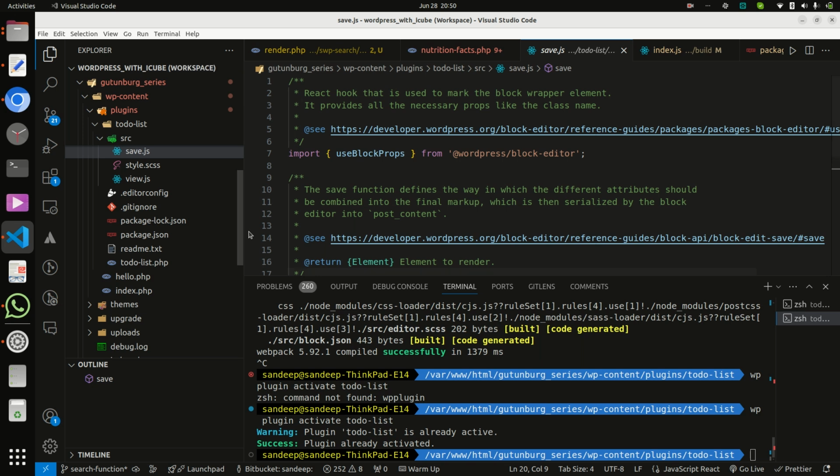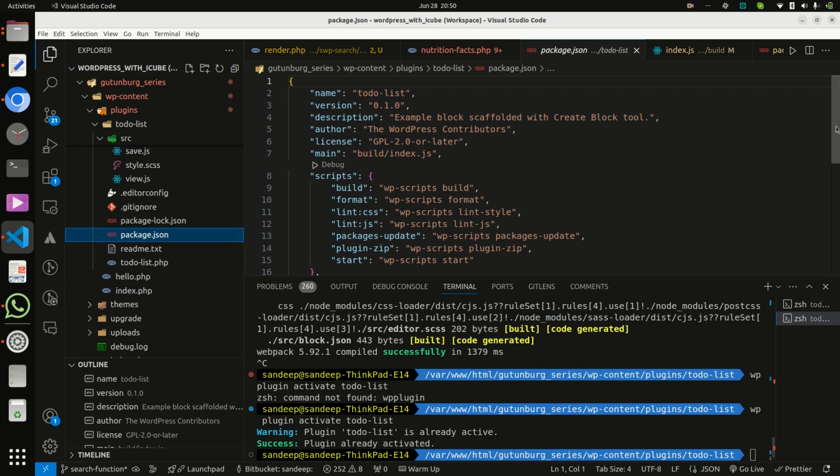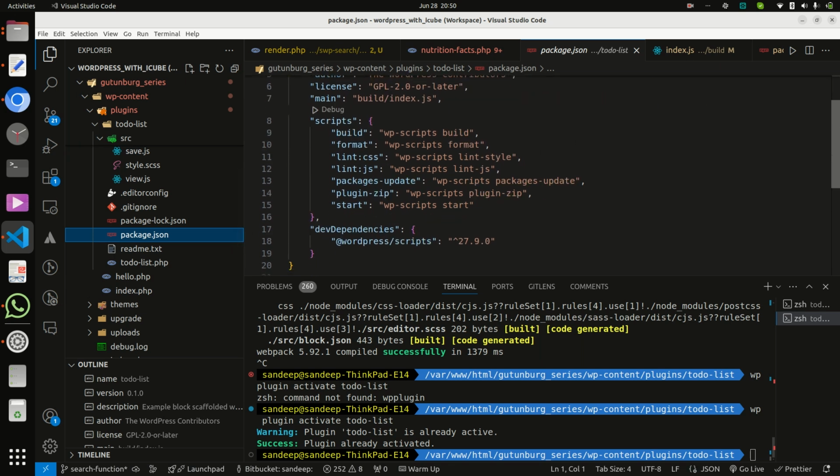This npx command also generates package.json, which is very good for development. Before this boilerplate, it was really very difficult to set up JSX with Gutenberg. Nowadays it is very simple.